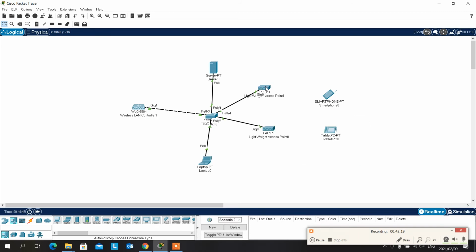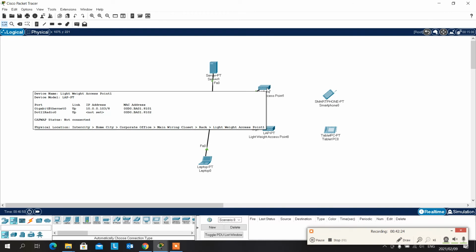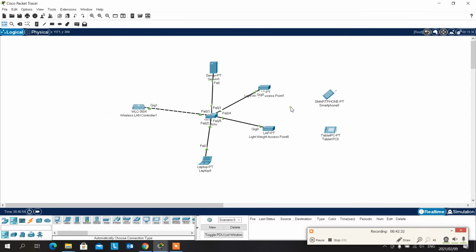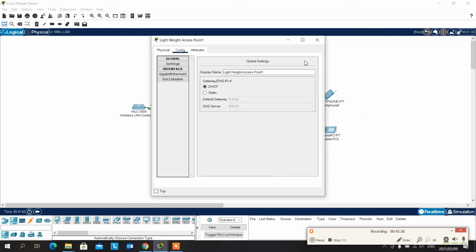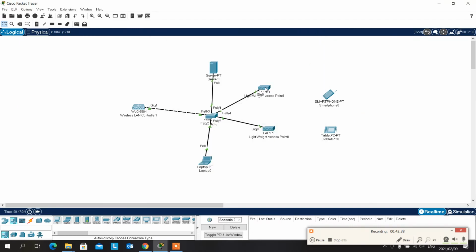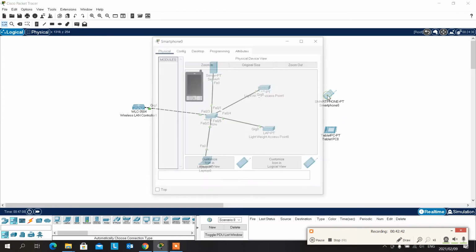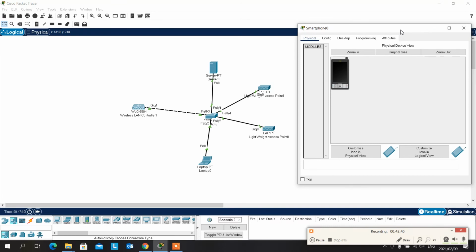But this one, we're going to have a problem because it hasn't managed to communicate with the wireless controller, of which I don't know what the problem is, but maybe we might have to troubleshoot that. Okay, and then now go to the smart device, try to connect it to the Wi-Fi, and then go to